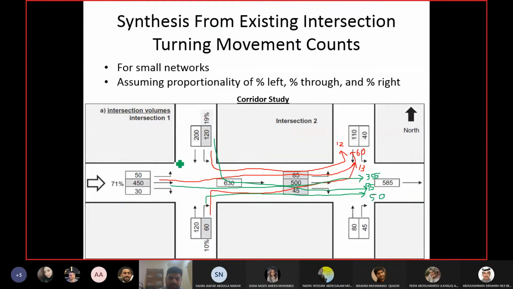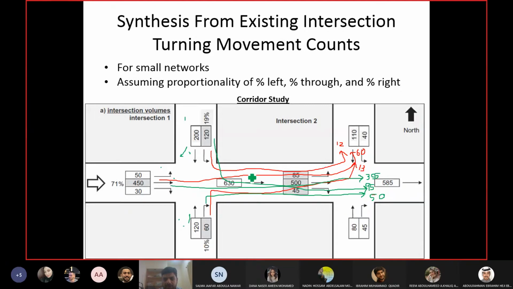Obviously on this intersection there is no problem because this is the first intersection, so you can directly calculate 200 are coming from here, 30 are coming from here into this zone. So for this zone you know 30 and 200 from here and here. This is the first zone from where they are coming. If there was a left turn from here, then you know how many are going from this zone to this zone. If there was a left turn here and here, then right turn from here, you would know how many trips are coming from here and going into there. So on the first intersection there is no problem. The only thing would be how to calculate the percentages for the next intersection.